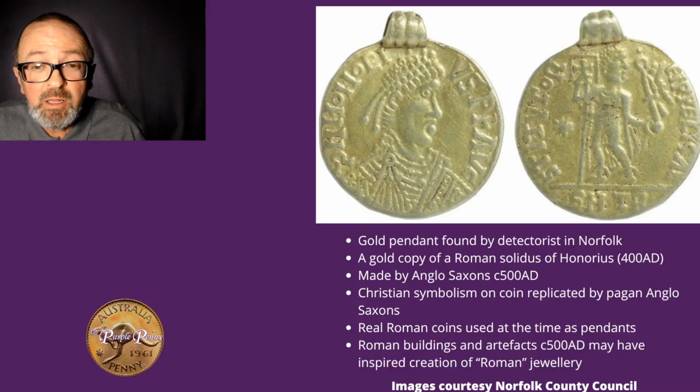And it's interesting: Anglo-Saxons who were pagans in post-Roman Britain, and of course Rome became Christian in about AD 320, pagans decided that they would make a Christian coin there to wear as jewellery. And why would they have done that? Well, because Britain would have been littered with Roman buildings, Roman artifacts and things like that, and perhaps to try and make themselves feel a bit more upper class, the Anglo-Saxons were creating imitation Roman artifacts to wear and use. And that might seem a bit odd,